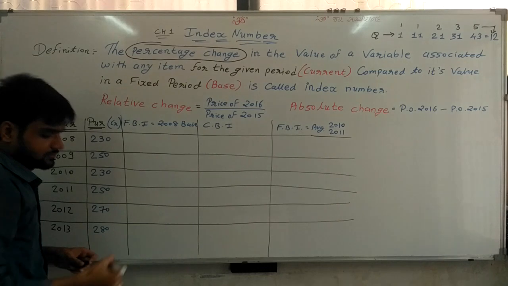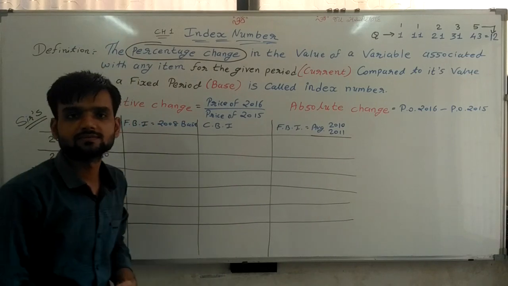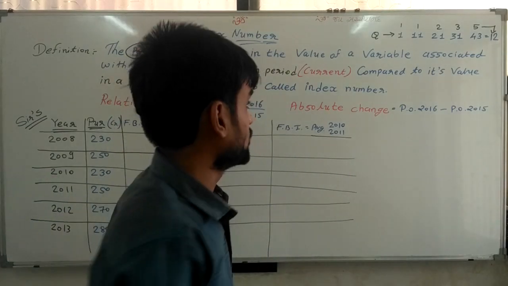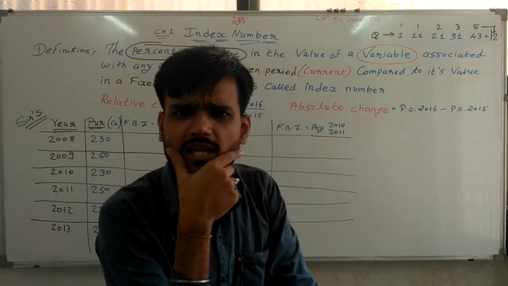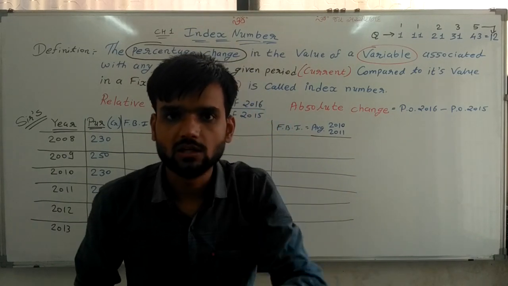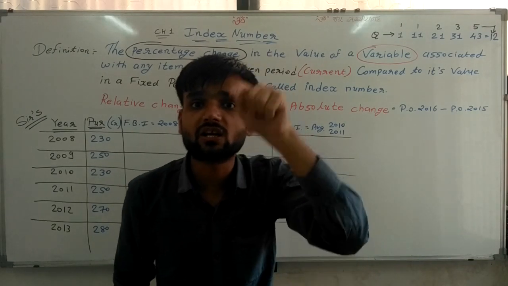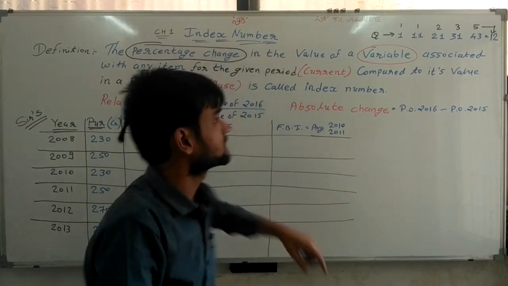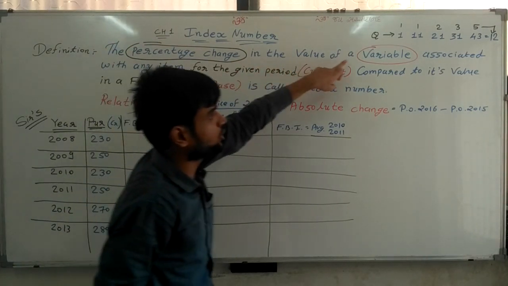Index number is what? Index number is the percentage change in the value of a variable. Now sir, which are variables? In chapter number 2 and chapter number 3, we have already learned about variables: the relation between two variables is correlation, linear correlation, linear regression line, that is between two variables. Here, the two variables give percentage changes. So percentage changes in the value of a variable